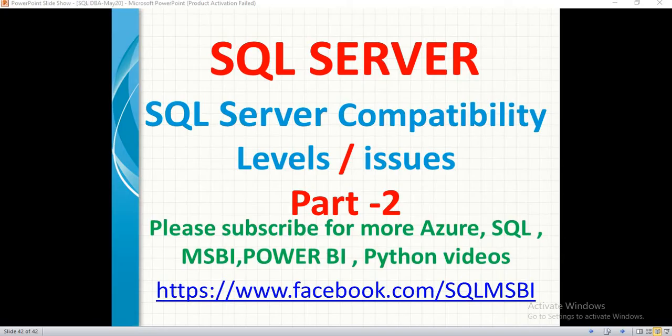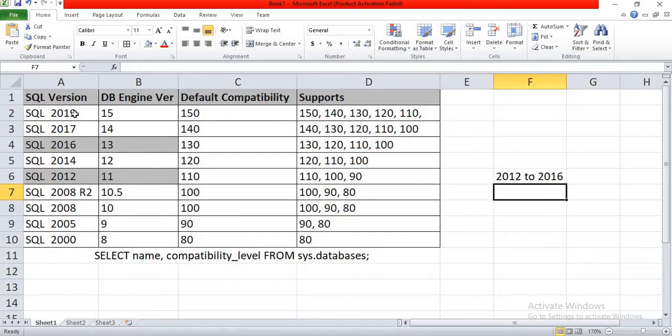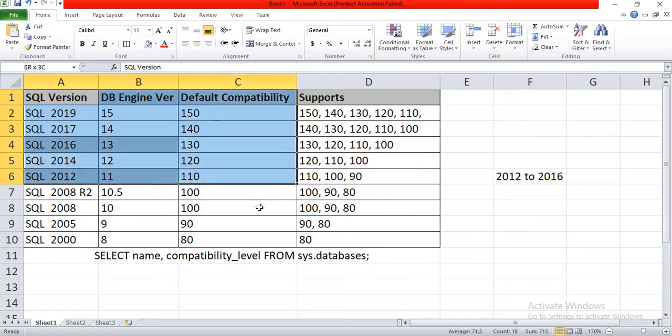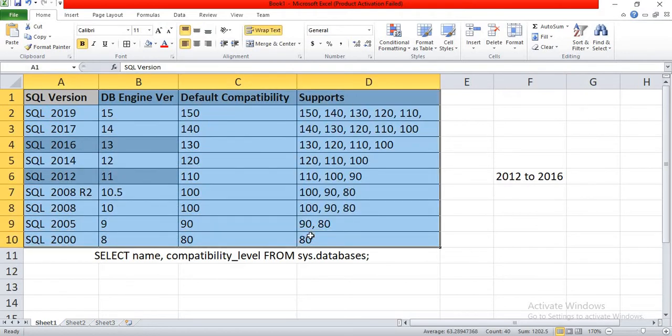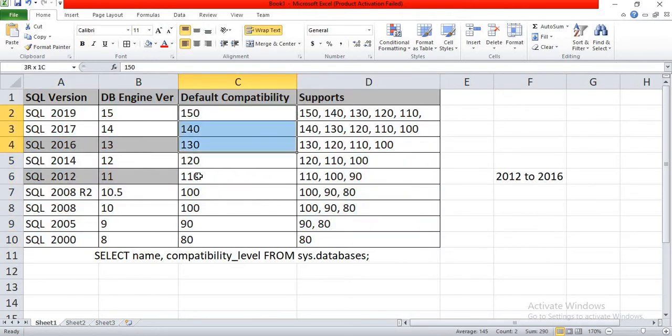As I mentioned in the previous video, these are the list of SQL Server versions released in the market, and these are the default compatibility levels of each version of SQL Server, and we have backward compatibility as well for every version. Assume you are in SQL Server 2019, so you have backward compatibility of 4 versions back. In 2017 also 4. 2016 3, so 2014 onwards only 2, 2005 obviously 1 because that's the second version of SQL Server.